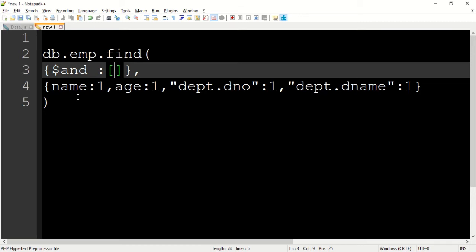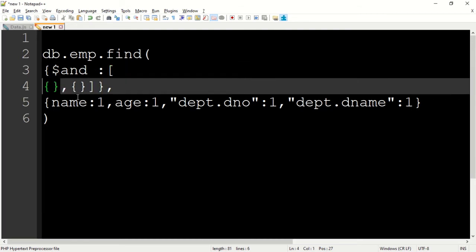Now here in the box, the first condition will be in curly brackets, then a comma, and you can put another condition, and then another condition, and so on. But for our purpose, now we are taking only two conditions, that is, two curly brackets here. So let's see that. I'll break it up so that it looks neat.